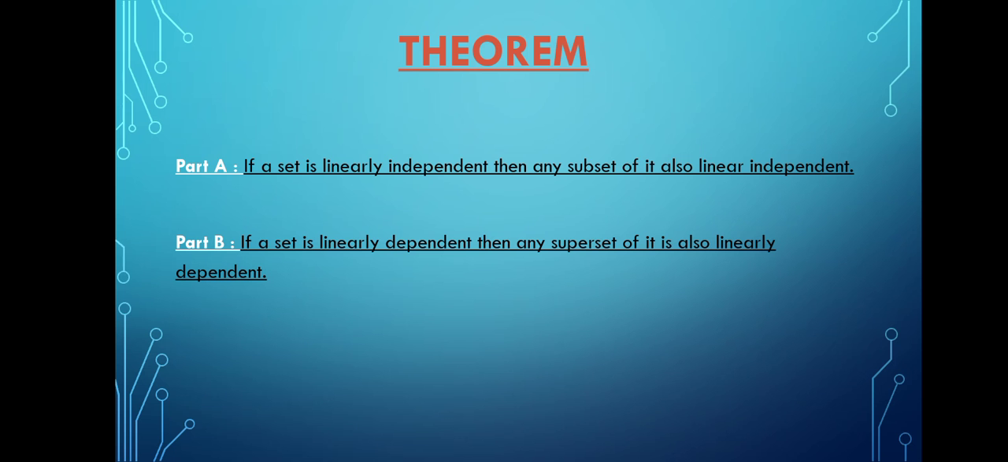We will prove the theorem. In the theorem, part A is: if a set is linearly independent, then any subset of it is also linearly independent. And part B is: if a set is linearly dependent, then any superset of it is also linearly dependent. So the statement of the theorem is